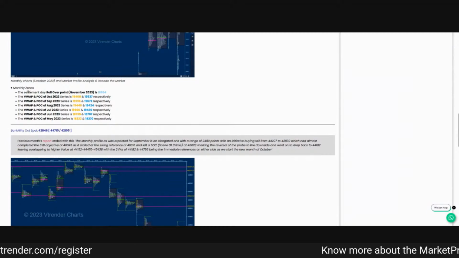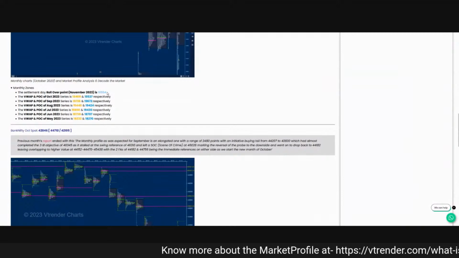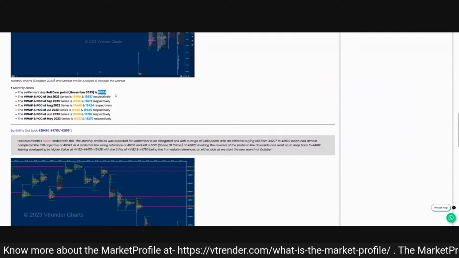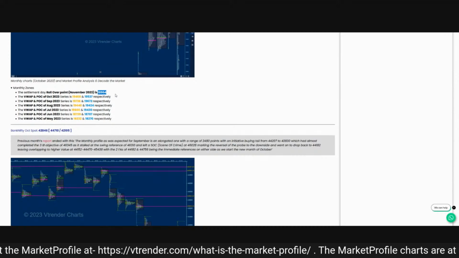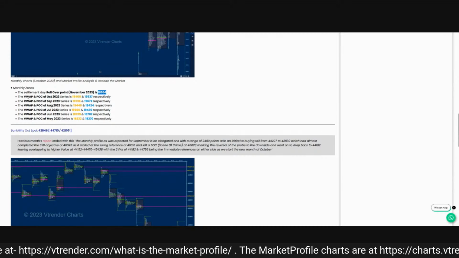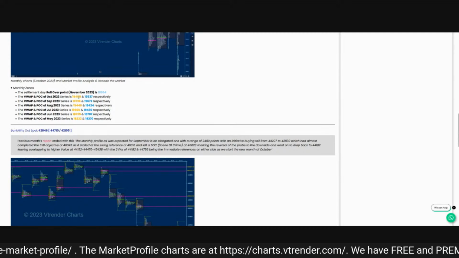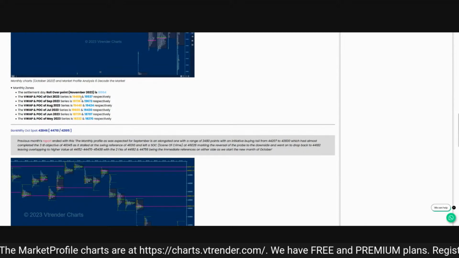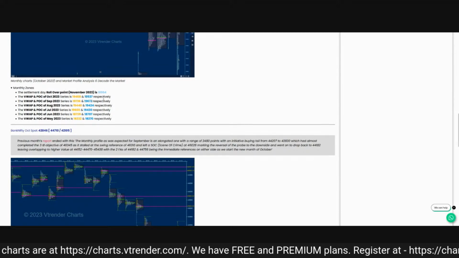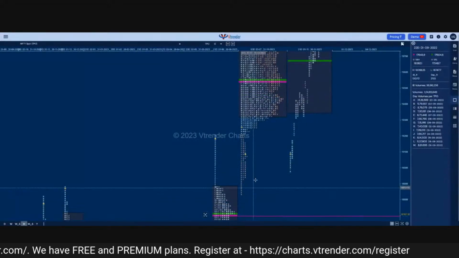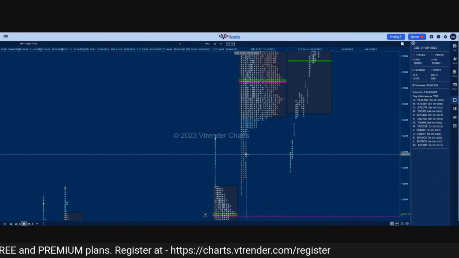So we have the settlement day rollover point. This was the rollover point on expiry day, which was 26th October. The maximum volume which came into the close was at 18,964 November futures. And this VWAP and POC references are for the spot levels. So 19,468 was the VWAP of the October series and 19,537 was the POC. And as we can see, we closed October at, I think, 19,050